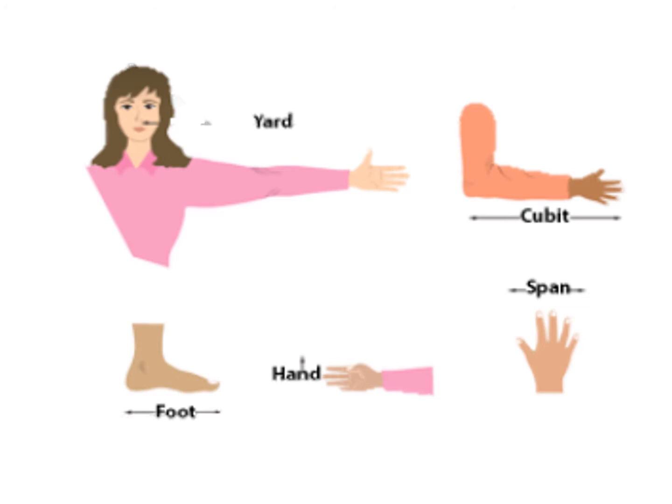Instead, they measured length in other units like foot, yard, hand, span, cubit, etc., all depending upon the length of our body parts as shown. Let us now know about these units used by our ancestors in detail.